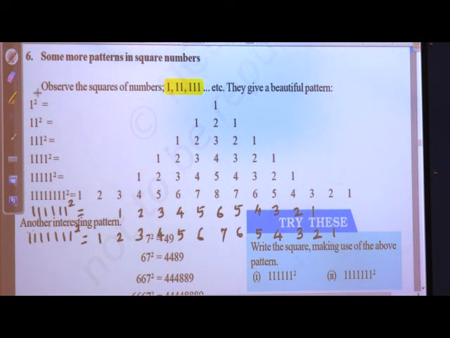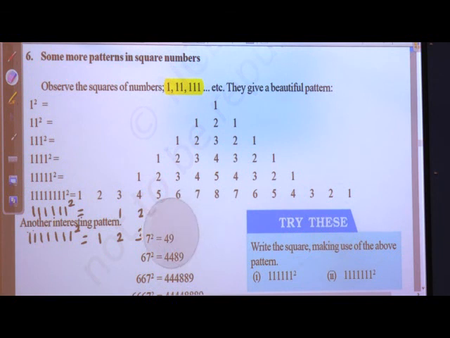We have seen the squares of numbers with 3 times 1, 4 times 1, 5 times 1, and 6 times 1, which I have written here. Till 5 times it has been given. On the same basis we have tried for 6 times and 7 times. And you can see here 8 times is printed: 1, 2, 3, 4, 5, 6, 7, 8, where my 7 or 6 was present, there 8 is present, then 7, 6, 5, 4, 3, 2, 1. I hope the concept is clear.